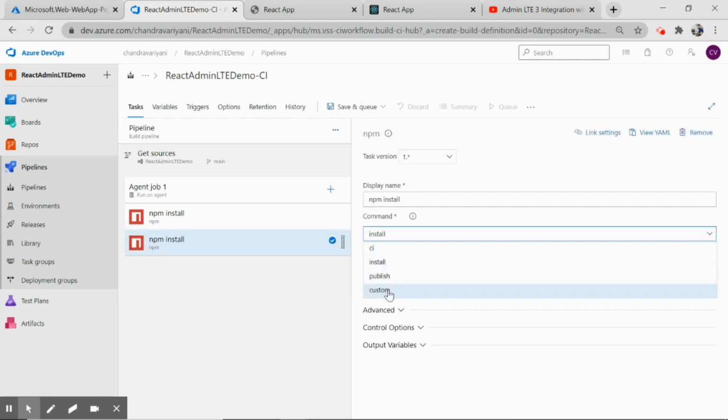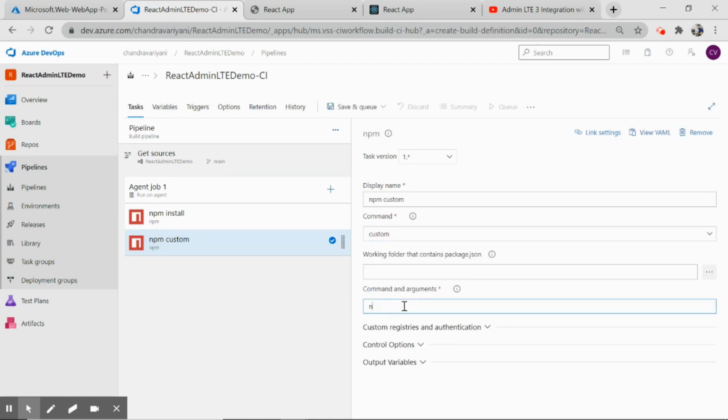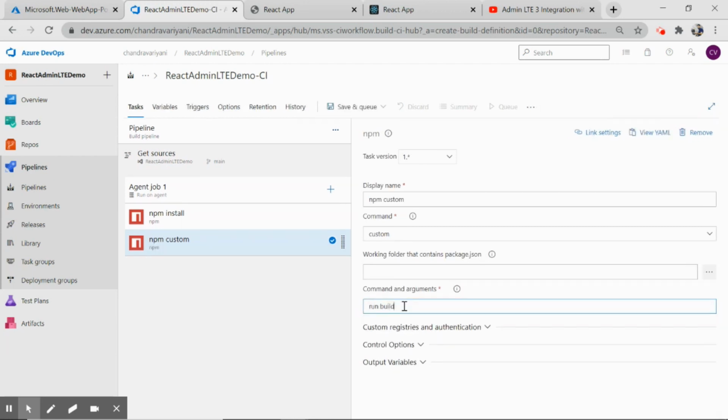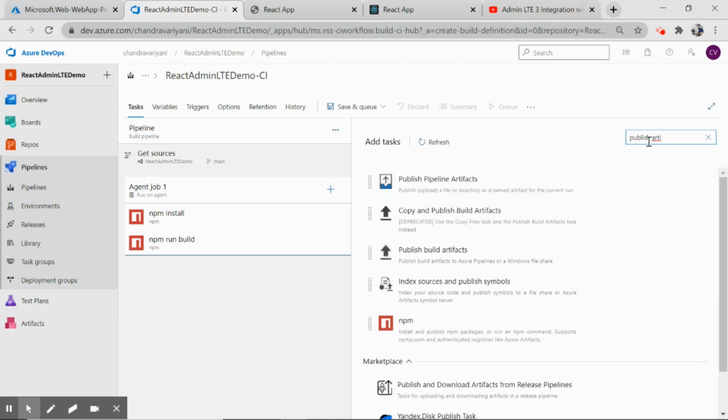First of all, make it custom, so that I'll give my own command, and my command would be npm build, or rather it would be run build, and maybe you can name it as well so that it is more readable. npm run build. Okay, we are done. So click on agent job one more time, and this time look for publish artifacts. Yeah, this one. Click on this add,